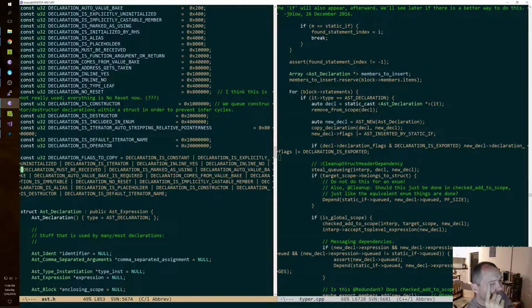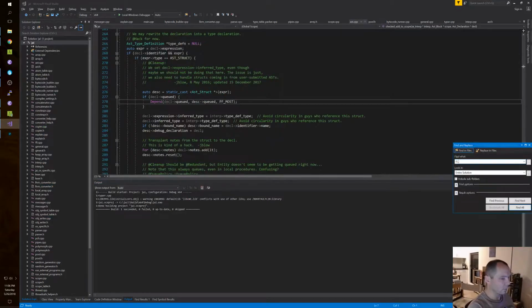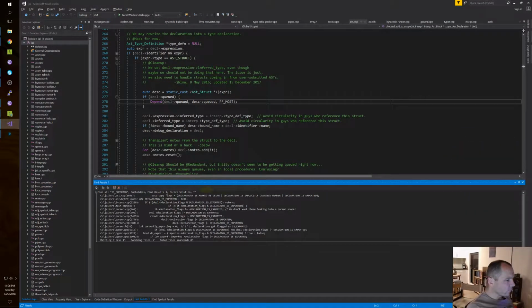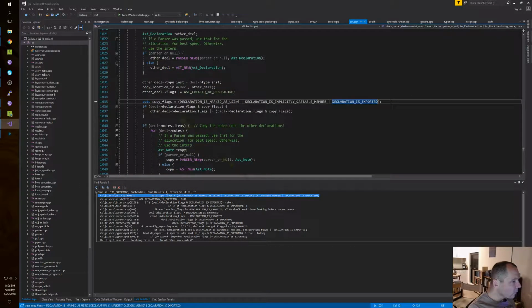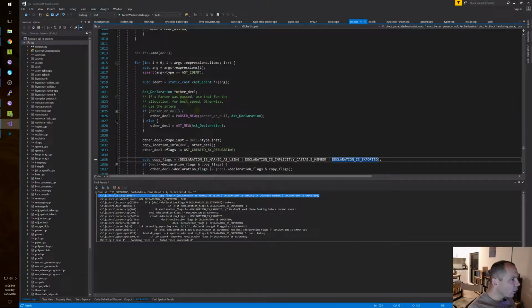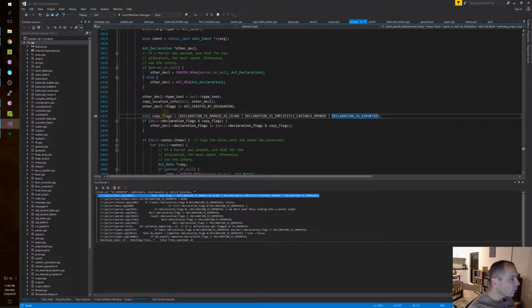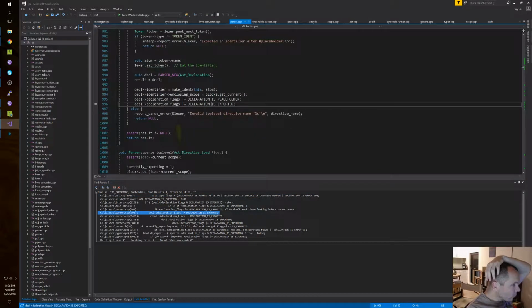Maybe it should be. I think it should be. Here we explicitly, okay, that's in parser.